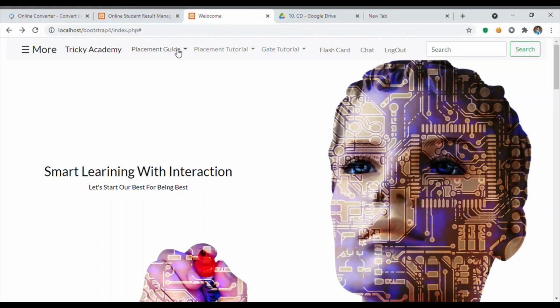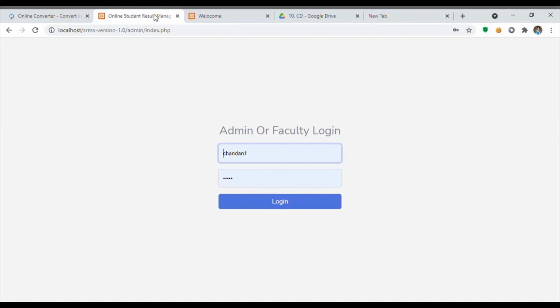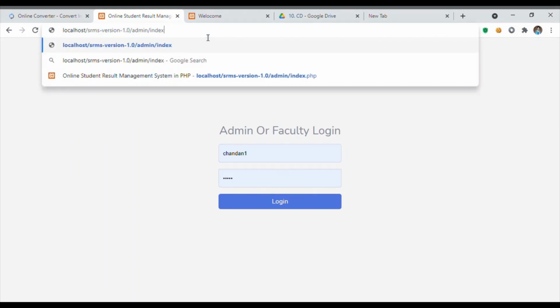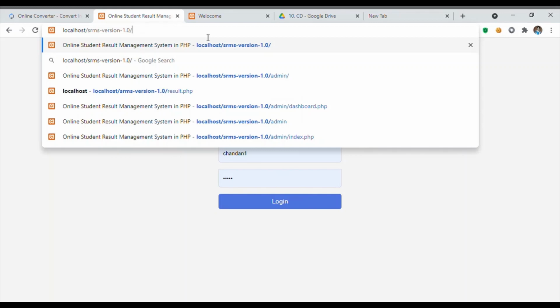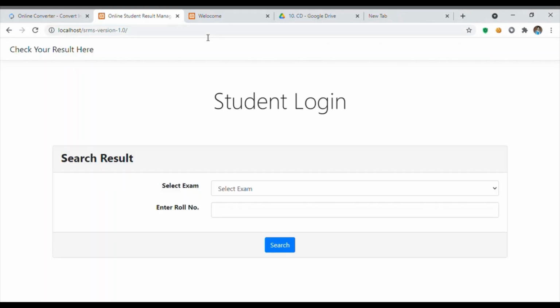So this website we have divided into two parts. First is the admin side, and second one is the student side. We are giving some power.